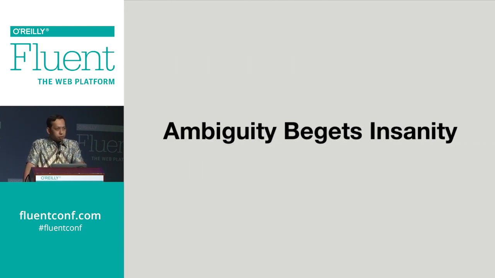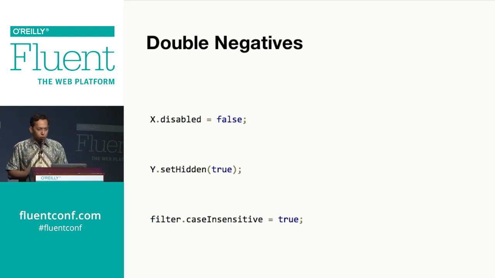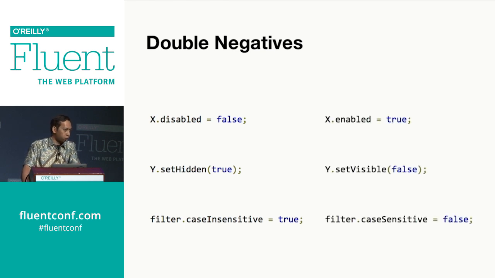Say you get all the consistent names, you avoid all the traps. That doesn't mean that we're done. So there are still practices that lead to ambiguities. Double negative is one of my favorites. This is especially troublesome if you're non-native speakers. Instead of saying disable false, or set hidden true, or case insensitive true, why don't we just say enable equals true, or set visible false and case